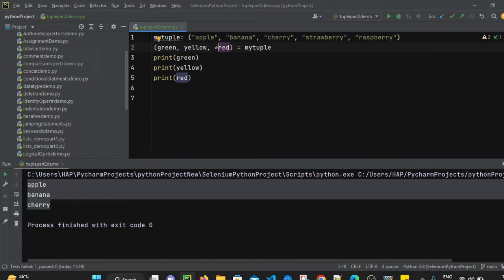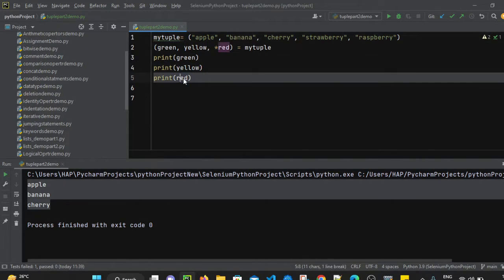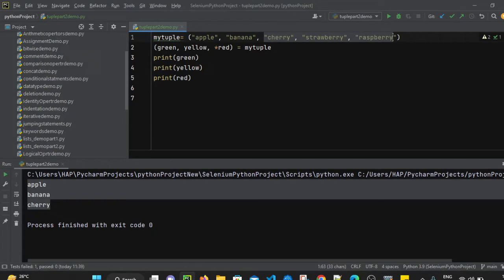The remaining values, cherry, strawberry and raspberry, will be assigned as a list to red. When we print green, it will print apple. When we print yellow, it will print banana, and red will print the entire list containing cherry, strawberry and raspberry.